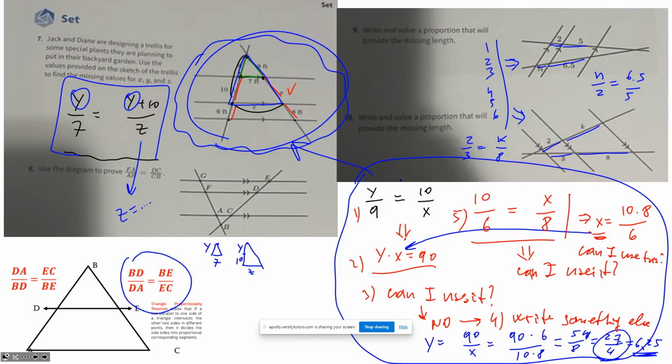Let's do some algebra. 6.25 over 7 equals y plus 10 over z. So it's going to be 70 over 6.25. Well, z will be